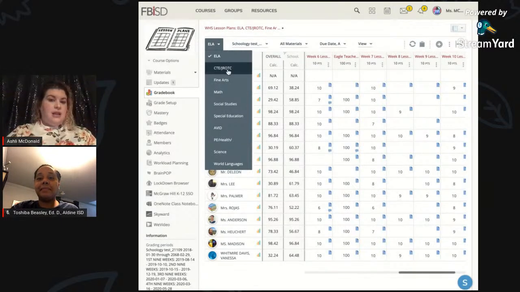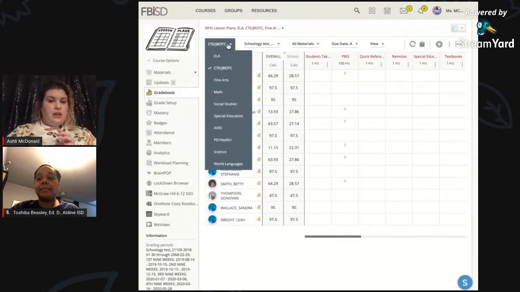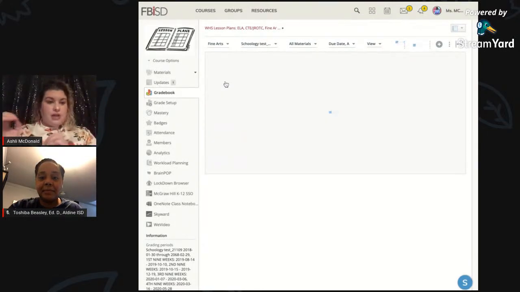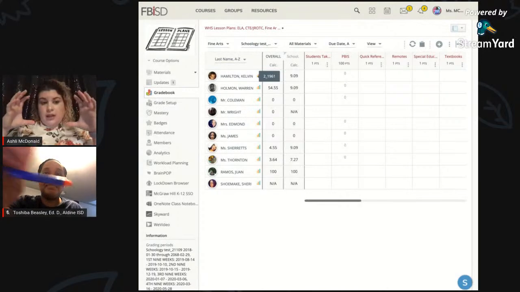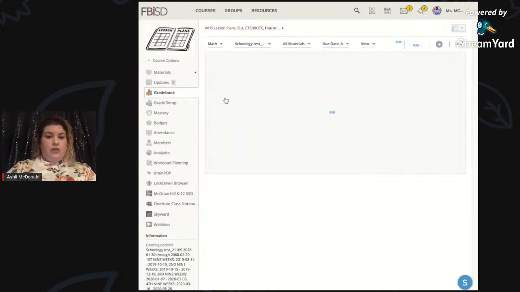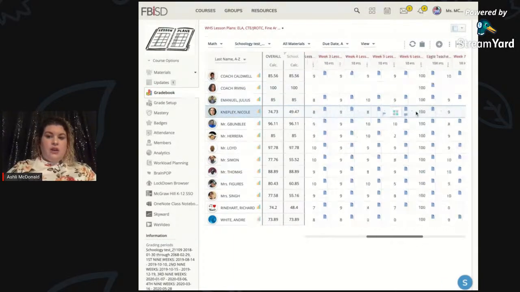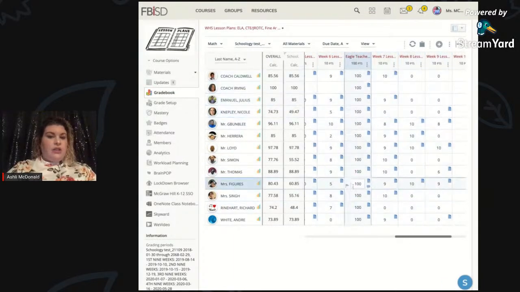And then you'll notice in this particular setup, the way we set up our lesson plans is that each content area had their own section. There's one big lesson plan course that the administrators can see, but they can easily filter to each section. So if you are the appraiser for just the math section, you can use the pull down to go to math and look at their items and what you're looking for on them.